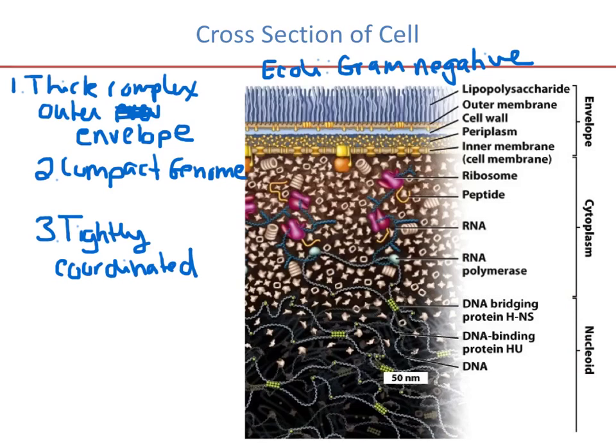And notice that in the cytoplasm you have RNA polymerase. So that is, you're doing transcription from DNA into RNA. And in the blue you see the RNA. And here in the pink you see the ribosomes. So that is the cell machinery that translates the RNA into protein, and diagrammed here are the peptides that are